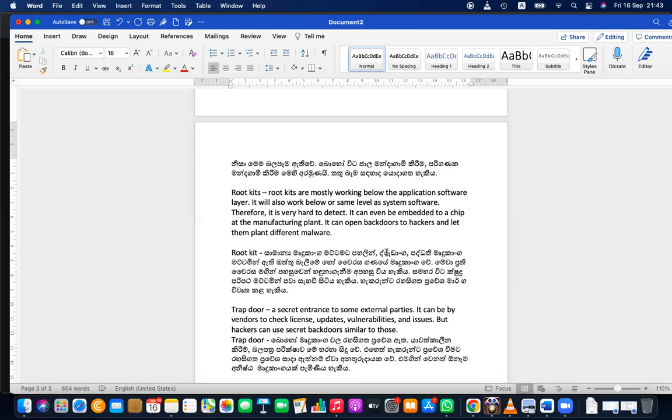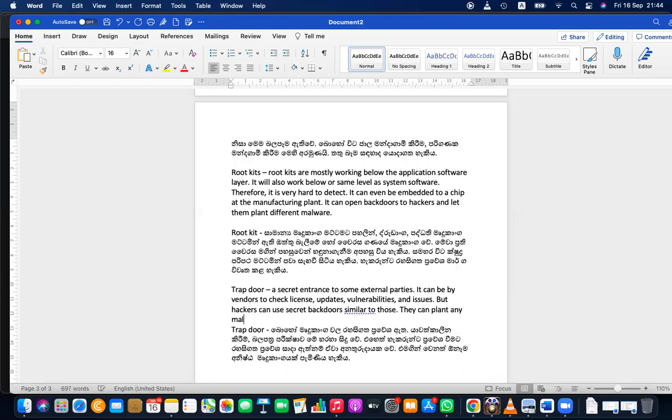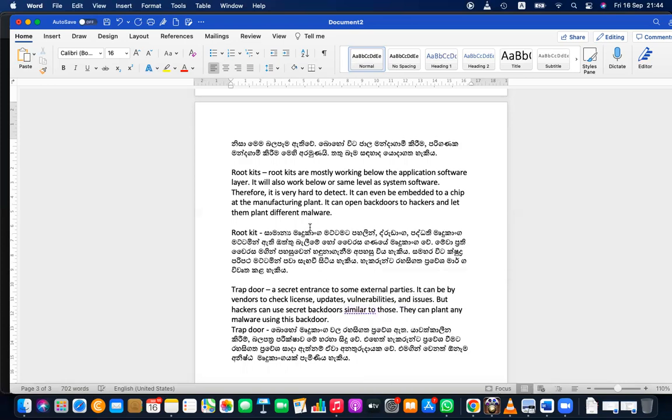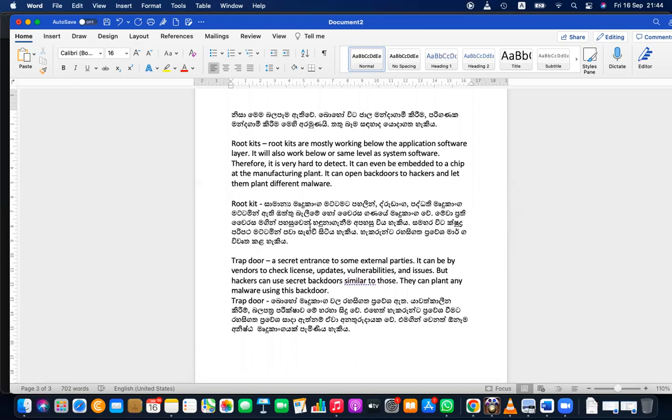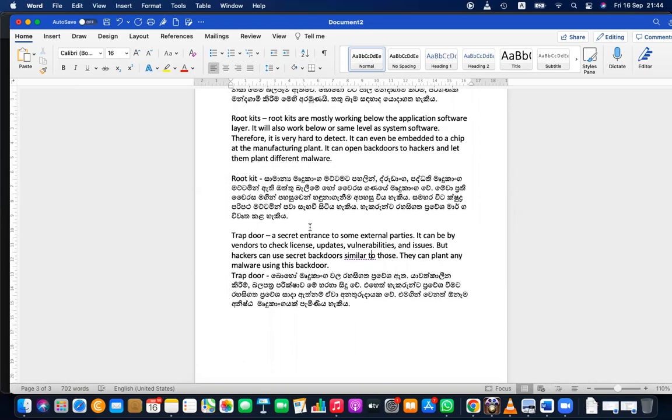Vendor use backdoors, it's normally there, right? They can plant any malware using this backdoor. It's like a hidden entrance. So time to time, they can come and plant, similar to that rootkit level gate open. So similar to that, a trapdoor can be planted this way.